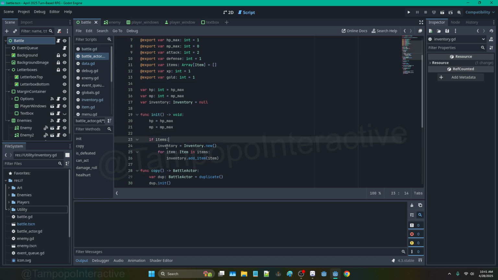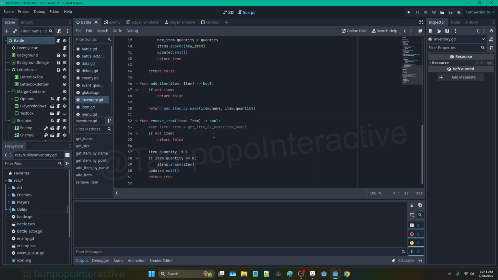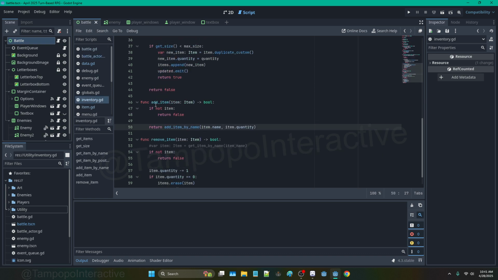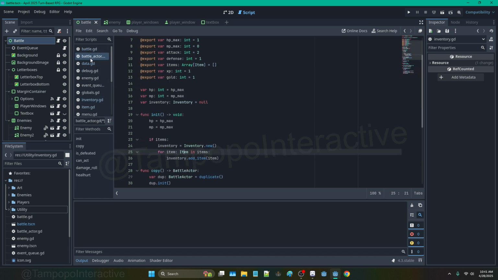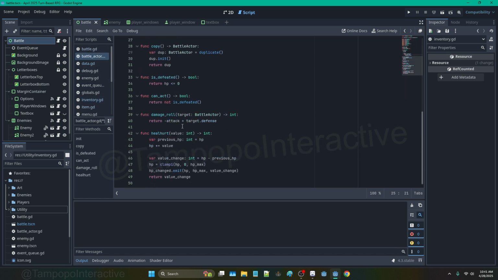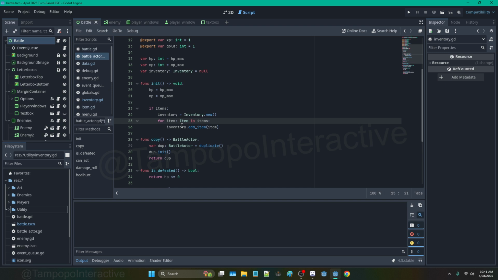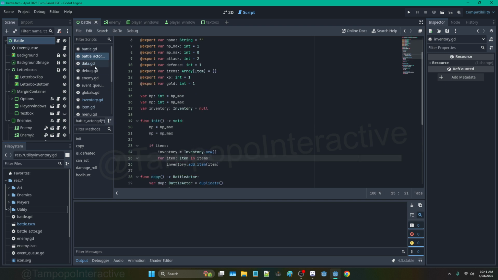So if items, we make an inventory and we add copies of the items to it, which is how this works. You add item by name, it's always adding a copy of it. That is fine. And then when we go to our players,